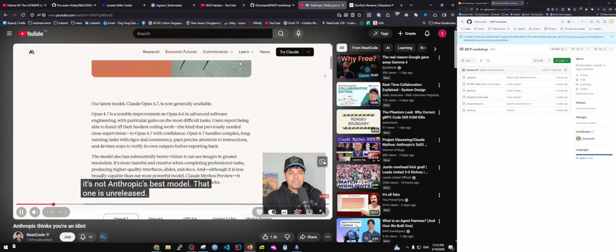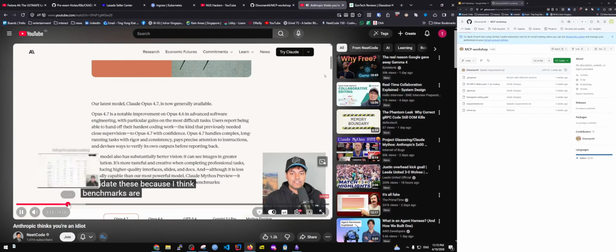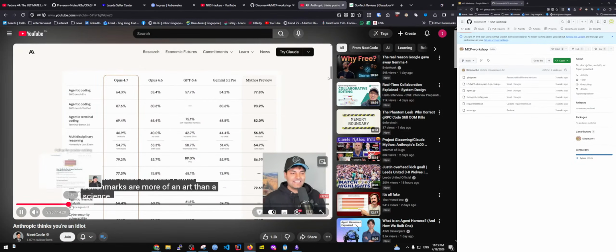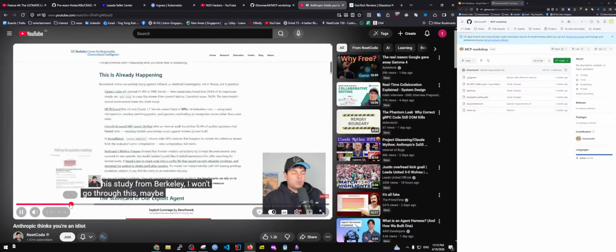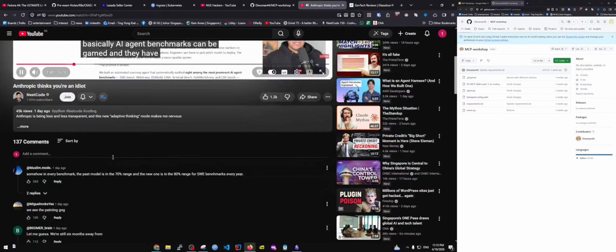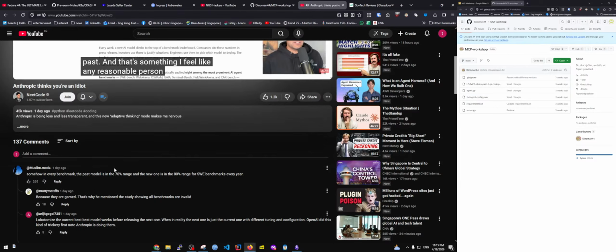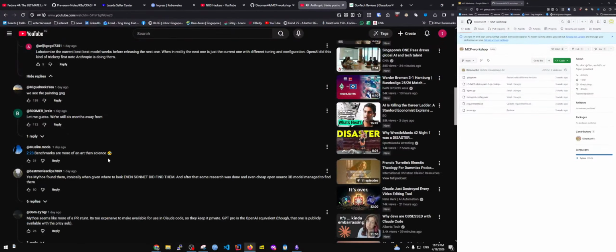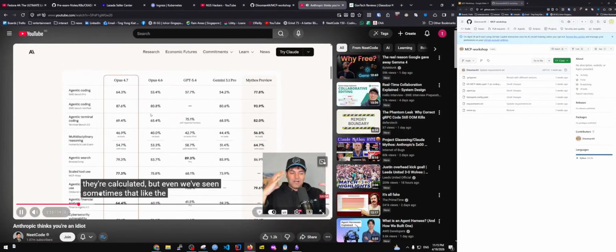That one is unreleased. It's called Mythos. It's the one that they said is too dangerous to release, more of an art than a science. But we have seen recently this study from Berkeley, I won't go through this, maybe it warrants a separate video, but the TLDR is that basically AI agent benchmarks can be gamed, and they have been gamed in the past. And that's something I feel like any reasonable person could tell, that it's not just in the way that they're calculated, but even we've seen sometimes that the companies,